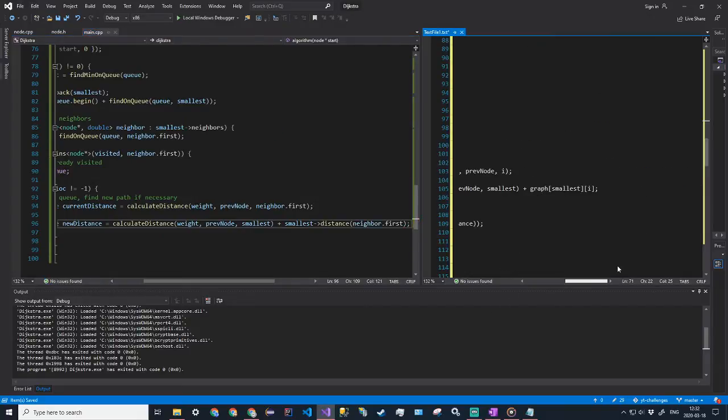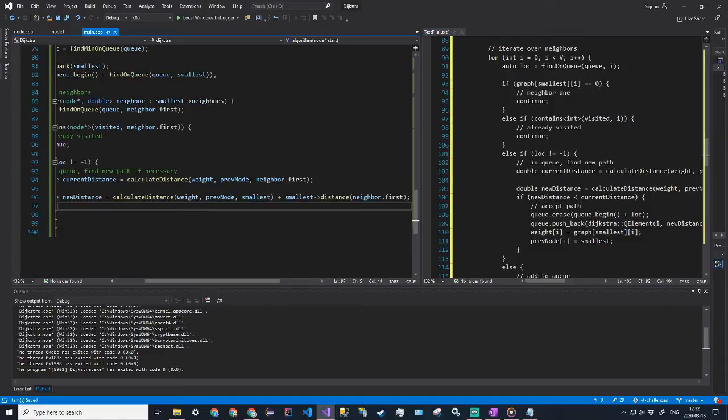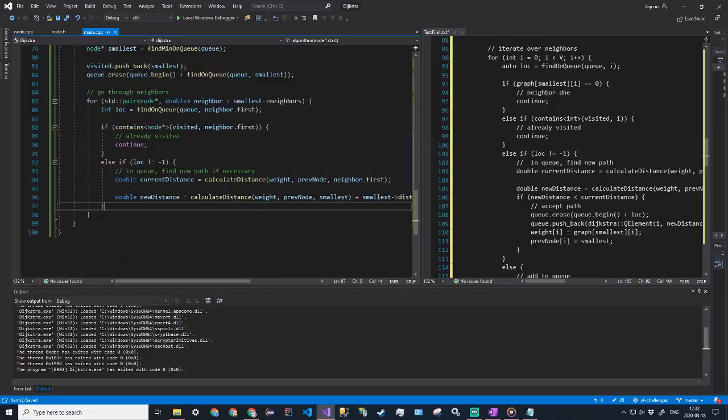And that's essentially the same thing that we did over here, except we have to retrieve the weights in a different way, like I said. Once again, we're going to have to compare the distances. So if new distance is less than current distance, we're going to accept the path,